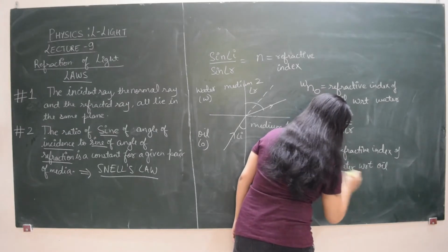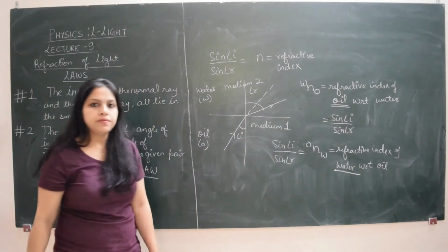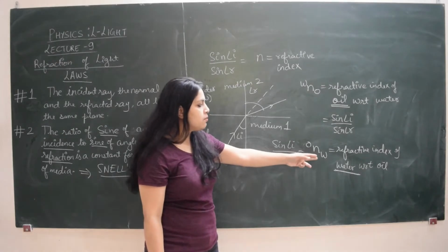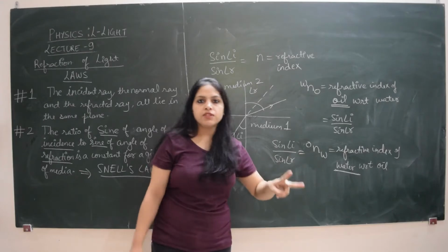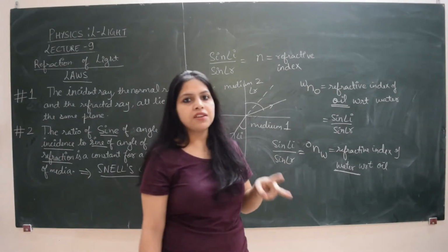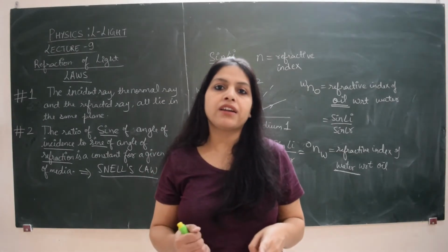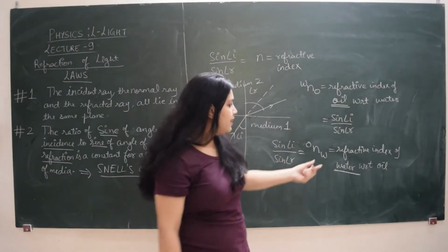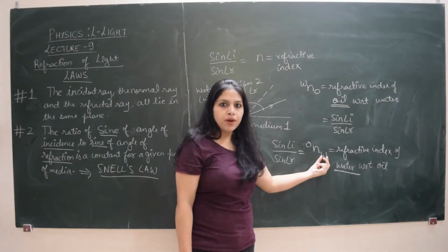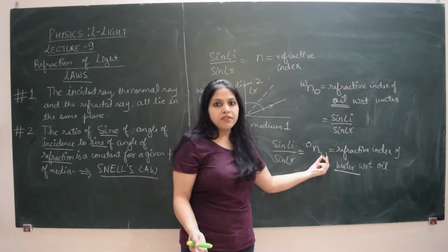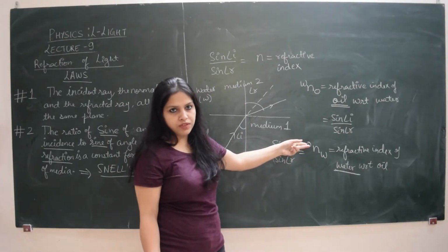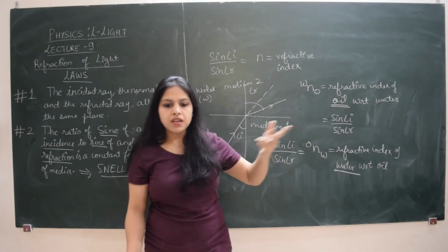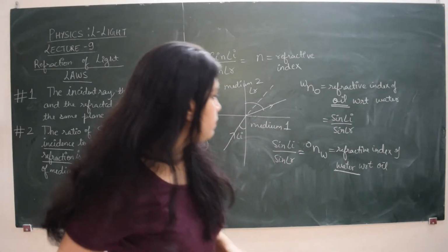So, now we are finding out the refractive index of water. You can see the symbol, in the symbol W and O, they have interchanged their places. So, two things which we have talked about: the medium in which there is refraction taking place, we talk about the refractive index of that medium, and its symbol is written here below as a subscript, and the first medium where the incident ray is, that symbol is put here at the top with respect to, we say with respect to oil, that means oil has the incident ray.